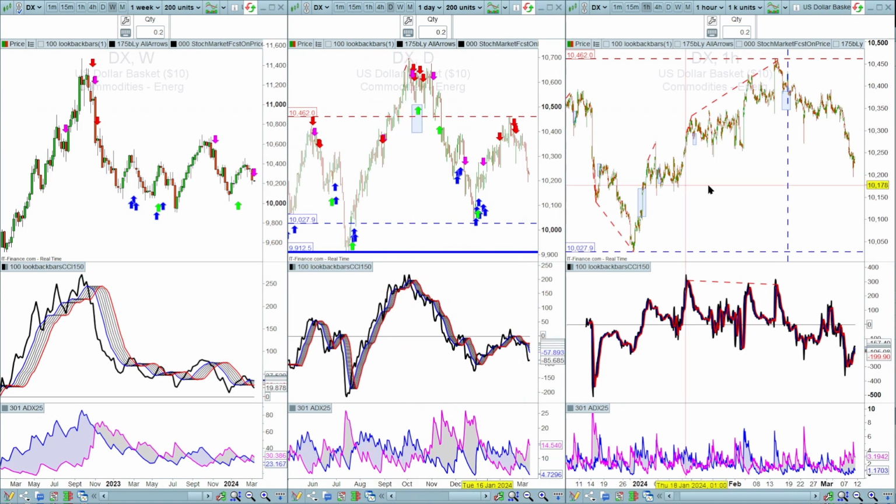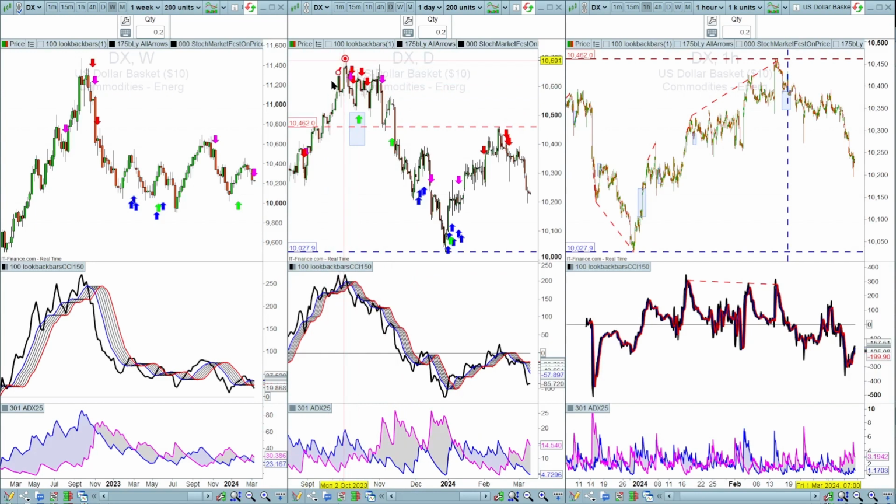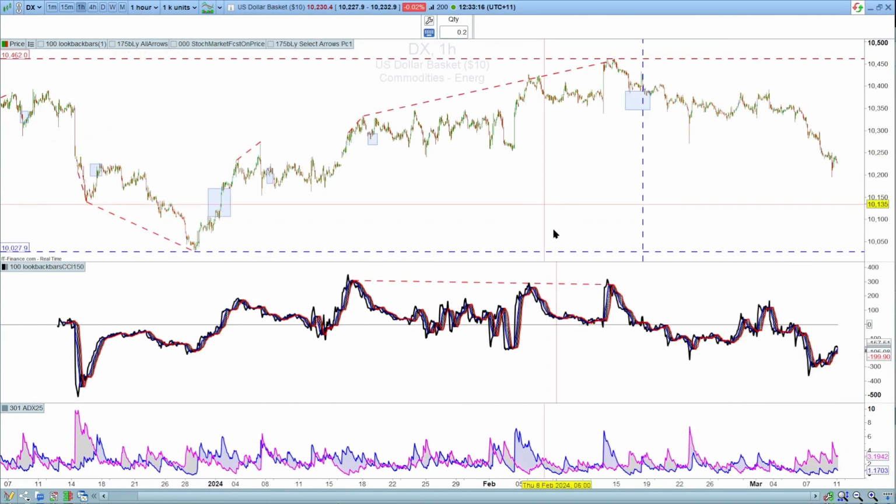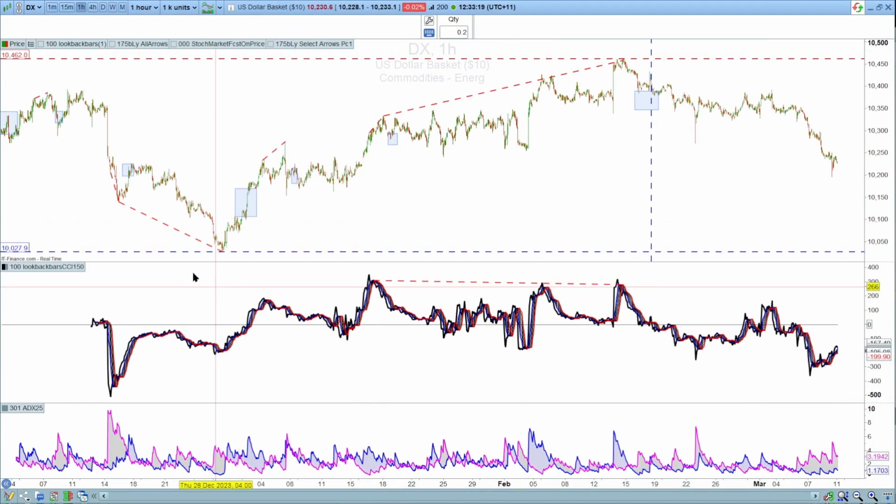I'll explain the divergence on the 1 hour chart, but there was a little divergence there during those peaks, double tops versus higher highs on the price, and the price fell off. Now on the 1 hour chart, let me just zoom into this. We've had a couple of divergences. We had a bullish divergence here. You can see there between those higher lows on the CCI versus lower lows on the price,